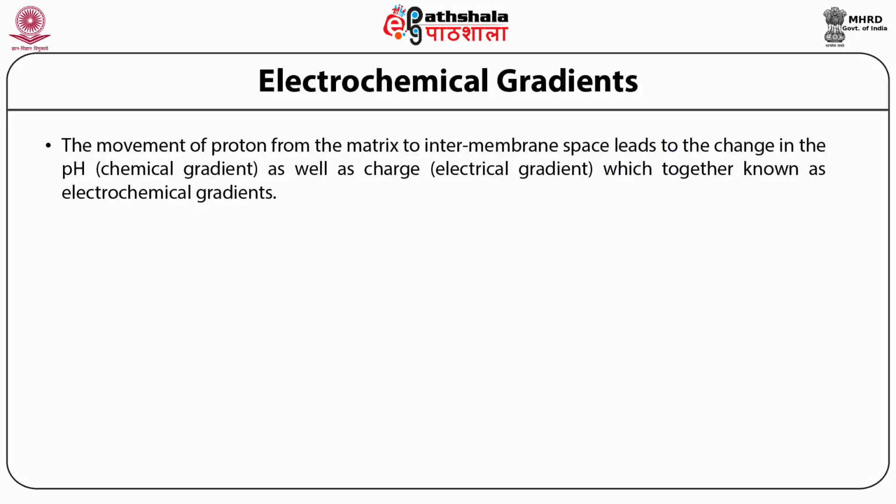That proton has positive charge. So if the movement of proton takes place from the matrix to the intermembrane space, in the intermembrane space there is an increase in the positive charge. So that will create an electrical gradient. When you take the electrical gradient and chemical gradient together, they are responsible for the production of an electrochemical gradient. So the electrochemical gradient is produced because of the movement of proton, and it is very important